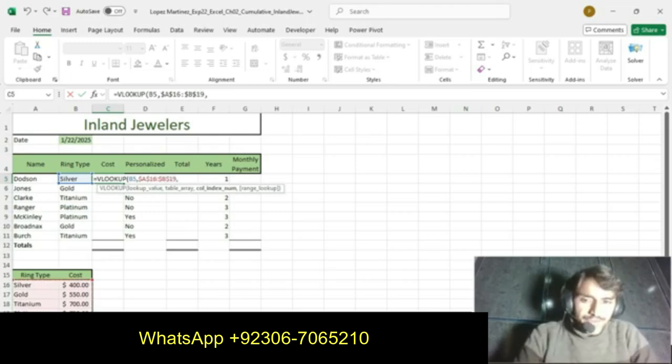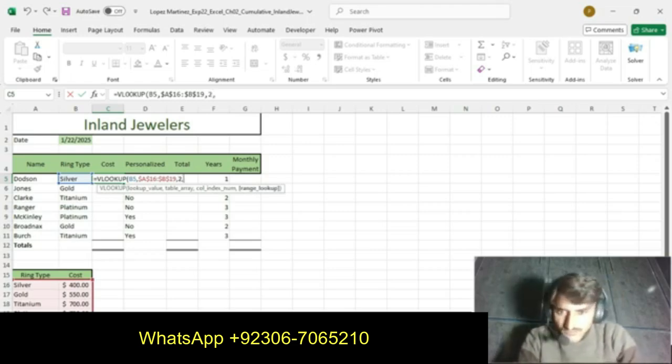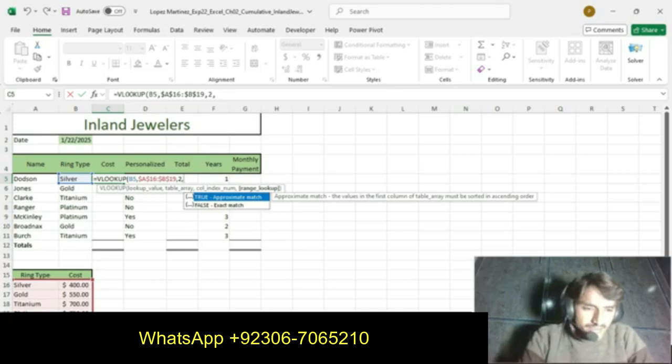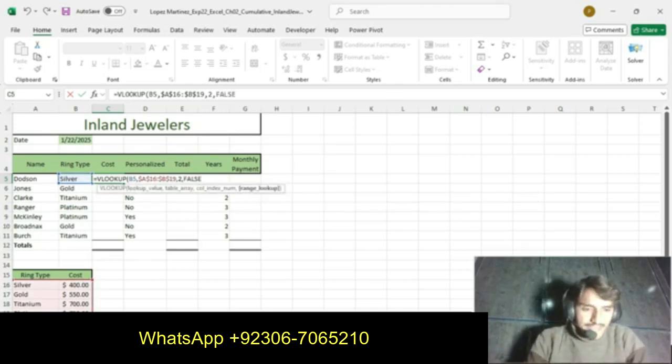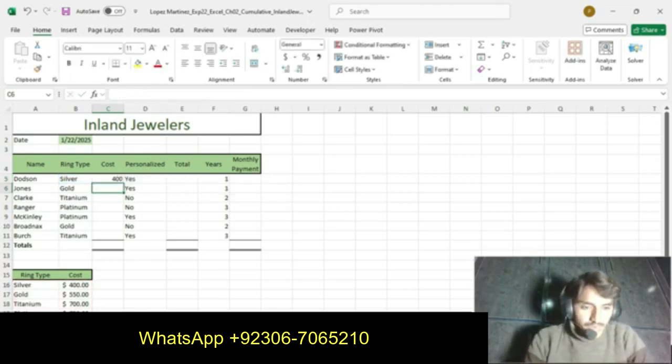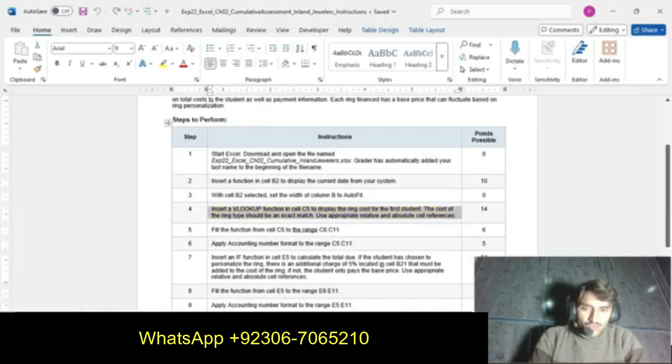Now for the column index number, we get the value from the second column, so we press 2. Then for exact match, we select exact match. Now we press Enter and we get our result. This is our VLOOKUP function. Now our step number 4 is completed.